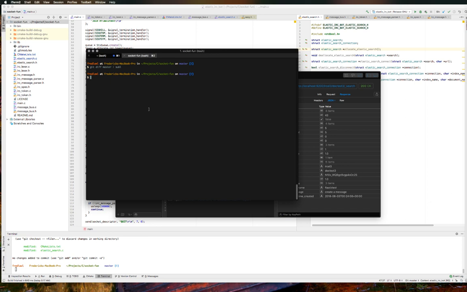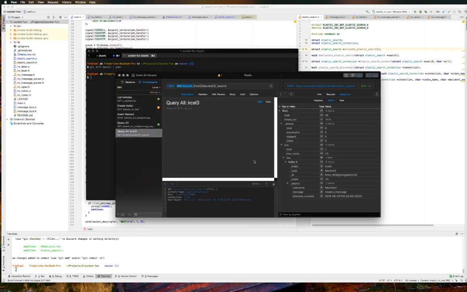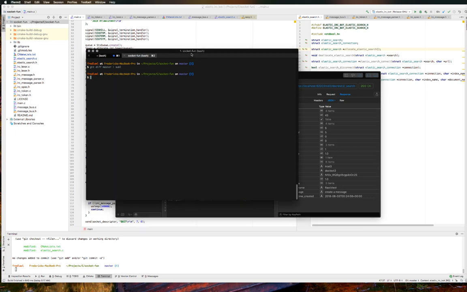Tonight I want to switch gears a little bit. I want to stop with whatever I was doing with Elasticsearch and move back into the message parsing of the IRC messages. I created a branch earlier this week that has those changes. So hopefully I don't have any merge conflicts, but just in case,